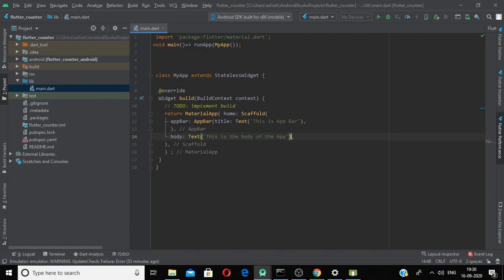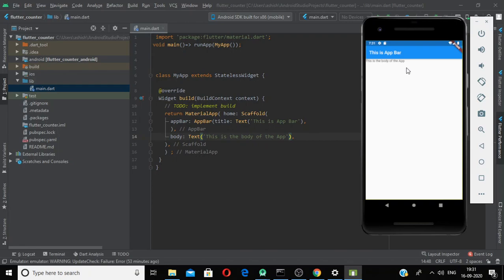In Flutter, as I have already told you, everything is a widget, and we have two types of widgets here: visible widgets and invisible widgets. In this case, we will take the help of invisible widgets, that is rows and columns and some other invisible widgets. Rows and columns will virtually divide the screen into rows and columns, and then we will put more widgets inside those row and column widgets. So this is how we are going to program this.